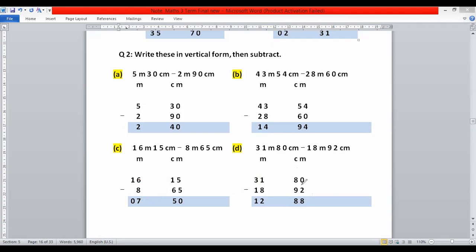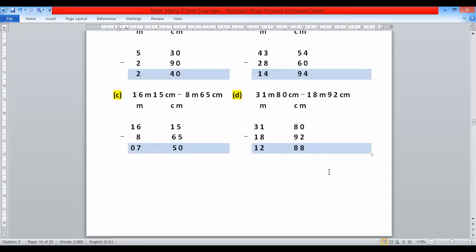I am going to explain this one again. Take 1. Here you get 17. 7. Here you get 0. 10. 0 plus 10, 10. 10 minus 2, 8. And take 1 from here. You get 0 here and here you get 17. 17 minus 9, 8. Here you have 0. So cut 3. Replace by 2. And here replace 0 by 10. 10 minus 8, 2, and 2 minus 1, 1. Dear students, in this way you can subtract meters and centimeters.